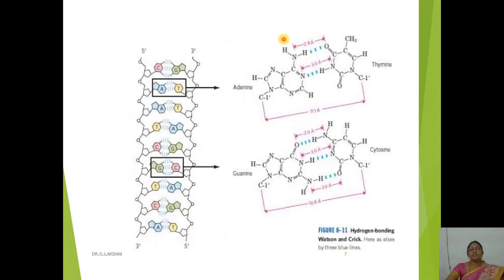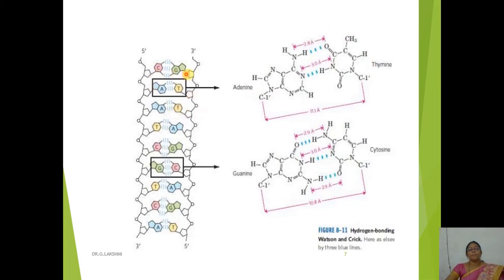So here you can easily understand by seeing the two strands, 5 prime to 3 prime and 3 prime to 5 prime direction. As I already told you, 5 prime means the 5 prime carbon atom phosphate group is free here. Whereas in the other direction, the opposite strand or anti-parallel strand has the 3 prime hydroxyl group left free, and the 5 prime phosphate is forming bonds with another sugar molecule of the strand.